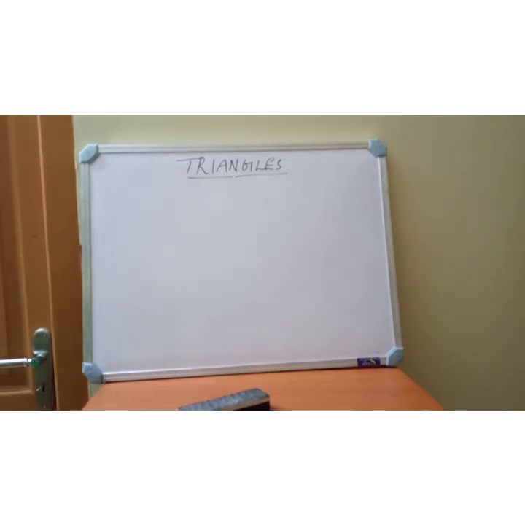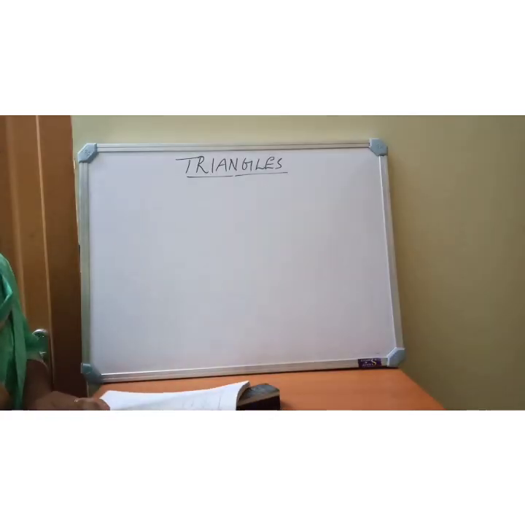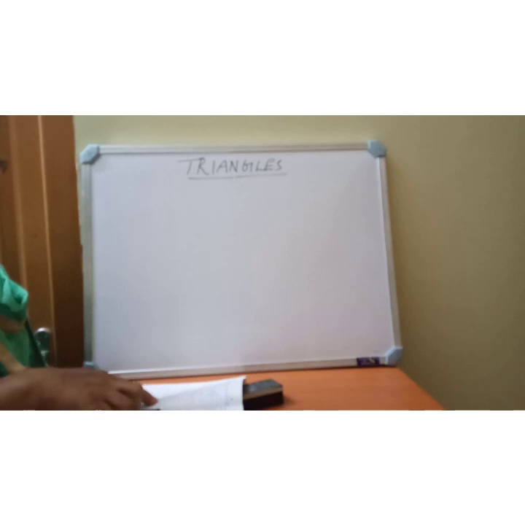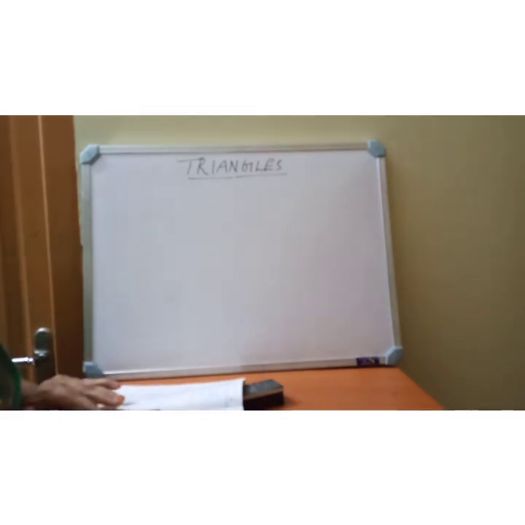Let us see exercise 7.3. First question: triangle ABC and triangle DBC are two isosceles triangles on the same base BC, and vertices A and D are on the same side of BC. The diagram is given in the textbook, figure 7.39. If AD is extended to intersect BC at P, show that first, triangle ABD is congruent to triangle ACD. So all of you draw the diagram first.